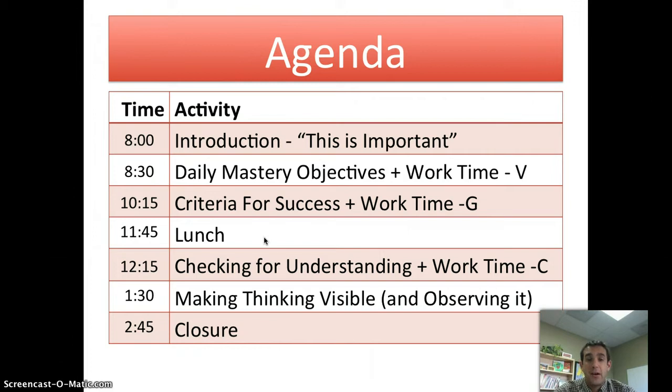And then after that, Greg is going to lead the section on criteria for success. And the same thing, once he finishes, we'll give you another 30 to 45 minutes to try to write criteria for success for an upcoming assessment, so you can fine-tune something. Then we'll have lunch. After lunch, Charity's going to lead this session on checking for understanding. And again, afterwards, you'll have a little bit of time to work to try to infuse checks for understanding into an upcoming lesson. And then at the end of the day, we're going to do the drills again.